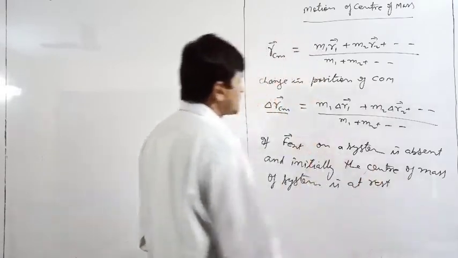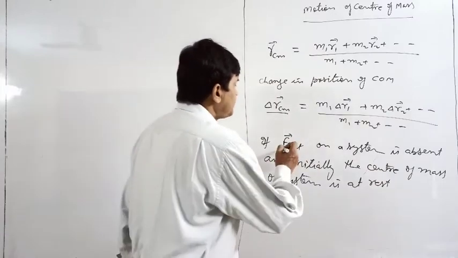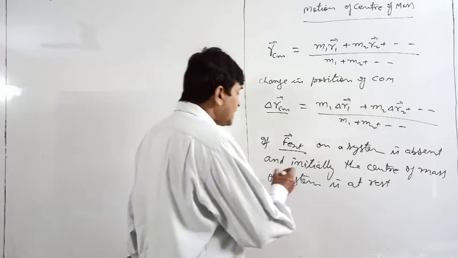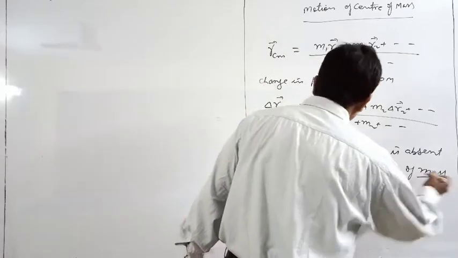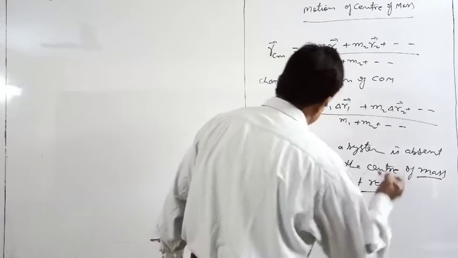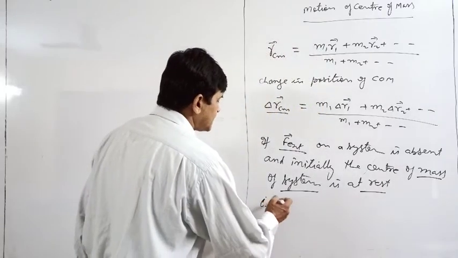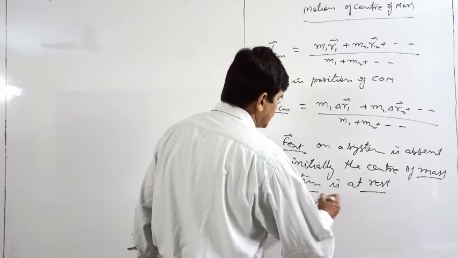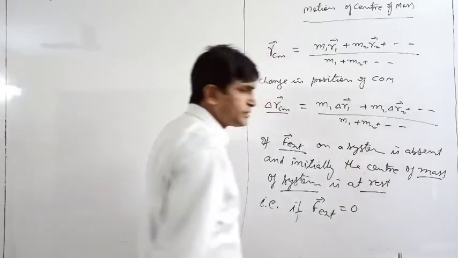This is a very important point here. If external force on a system is absent and center of mass of the system is at rest, or we can say if F external is equal to 0